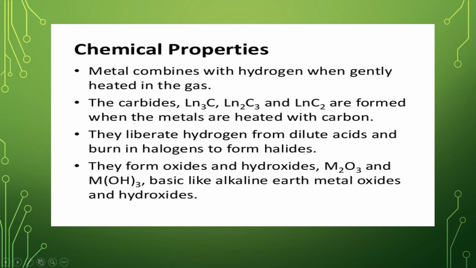So in this class we learned about f block elements and the classification of f block elements, that is lanthanides and actinides, and the electronic configuration of lanthanides, then properties of lanthanides, then atomic and ionic radii, that is lanthanide contraction, cause and consequences of lanthanide contraction, then ionization enthalpy, then magnetic properties, then color, oxidation state, and chemical properties as we studied in this class.